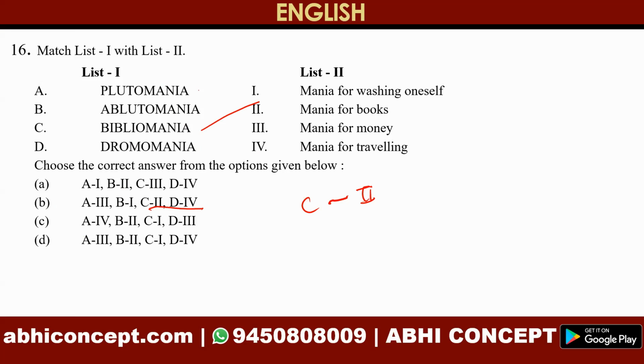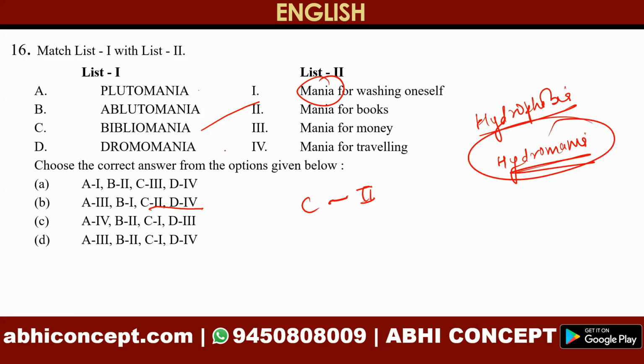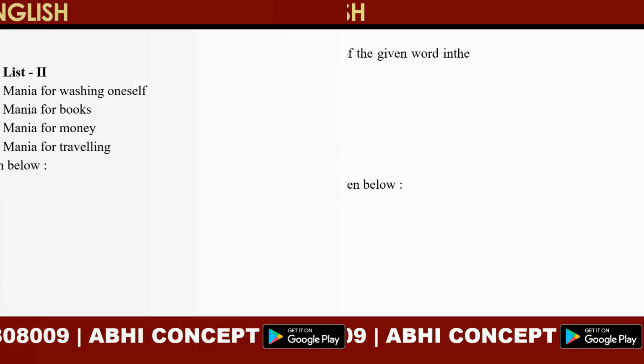Yes, so this is in the B option. So bibliomania is basically, what is the meaning of mania? हम कहते हैं ना, हाइड्रोफोबिया, जिनको पानी से डर लगता है हम हाइड्रोफोबिया बोलते हैं। अगर मैं बोलूं हाइड्रोमैनिया, हाइड्रोमैनिया का मीनिंग होता है when you love something. Okay, so bibliomania is the love for books. Then we have C का ऑप्शन 2, B is the right answer. एक ही चीज से आपको आंसर मिल गया। Okay, now next, moving on, question number 17.